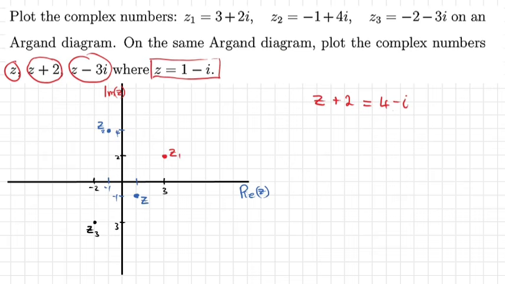So let's find where we can find that on the plane. So positive 3 is here in the x, and the imaginary is negative. So the point we're looking for is this one here. This is the point we need. Let's label it Z plus 2. Okay, so next we have to find the complex number